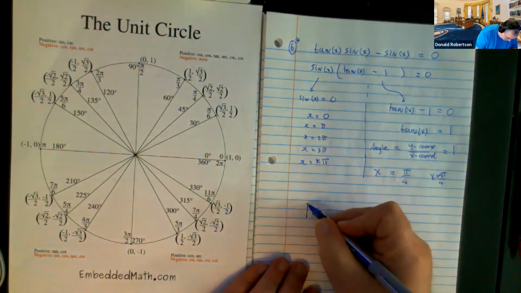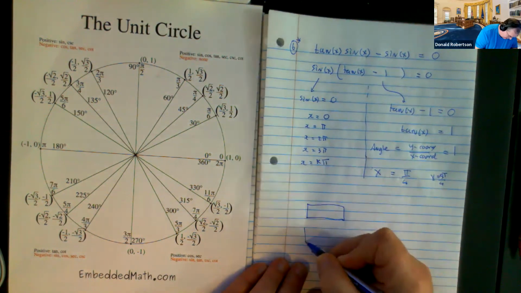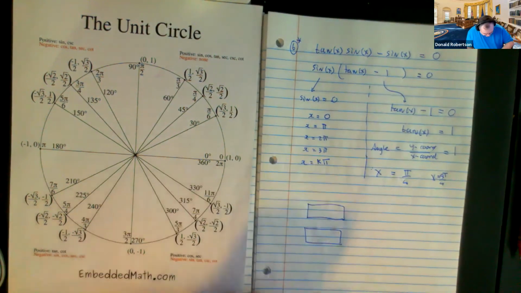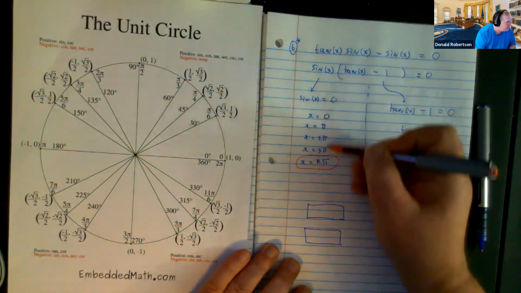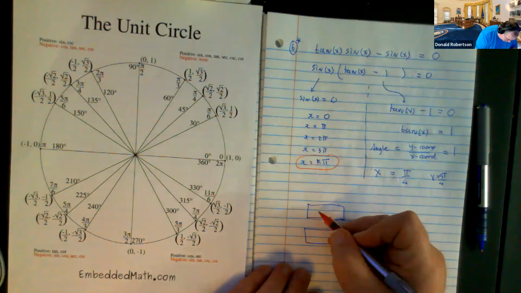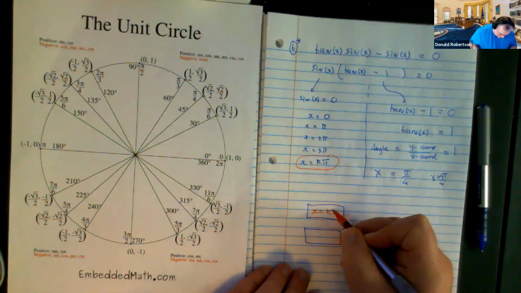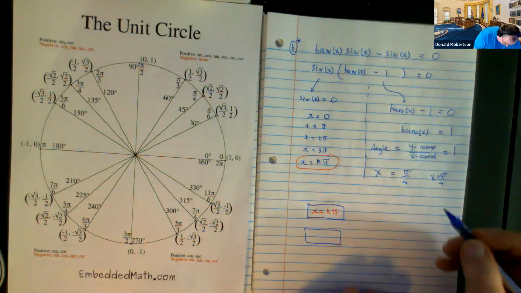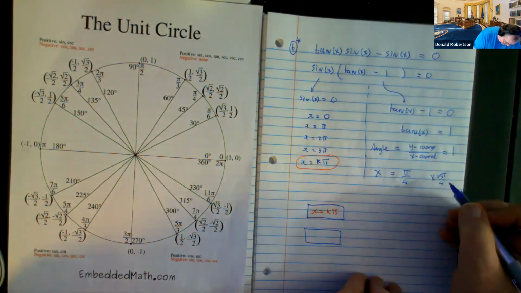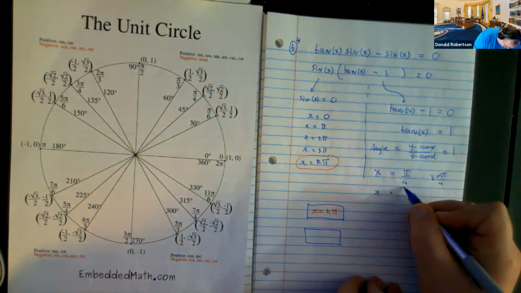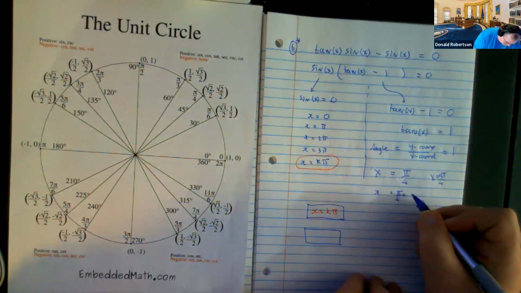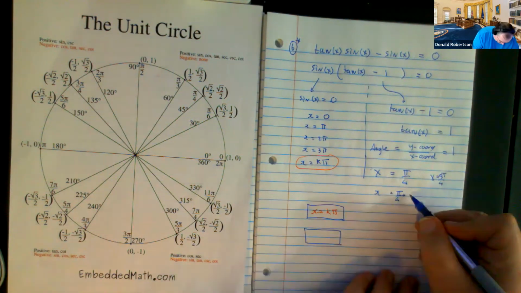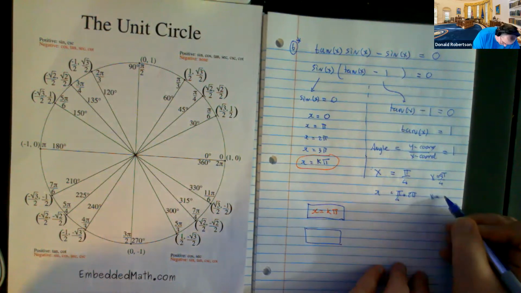Now, the reason we normally have 4 boxes, but this question only has 2 is, well, we've already discovered, doesn't this take care of all of these permutations? So all I need to do is write down x equals k pi for that one. Now over here, I've got this guy and I've got this guy. If I add 2 pi to this, well, actually, yeah, add 2 pi to this. And if I add 2 pi to this guy,